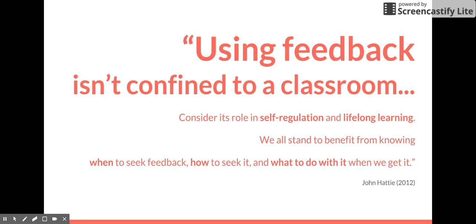Feedback is absolutely essential in the classroom, and educational leader, one of my heroes, John Hattie, said, "Using feedback isn't confined to a classroom. Consider its role in self-regulation and lifelong learning. We all stand to benefit from knowing when to seek feedback, how to seek it, and what to do with it when we get it." When we're providing students with feedback, we are ensuring that they are learning exactly what we want them to learn. Additionally, we are ensuring that we understand where the strengths are with our students, and we understand where their shortcomings are, and we can understand where our strengths and shortcomings are in our own teaching, and we can become better